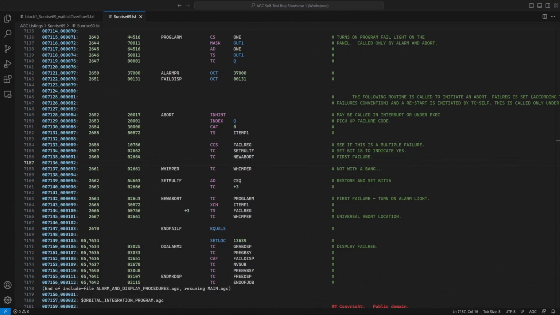Here is a listing of Sunrise 69, which is a secondary output produced when you assemble the source code into object code, also known as a binary. The reason we need to actually assemble this code and look at the giant listing as a whole instead of one of the individual code files is because only the assembled listing tells us the absolute memory address of each line of code. I realize that there's a whole lot of information in this file,